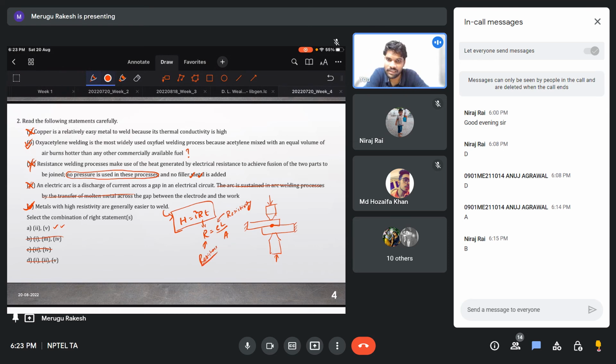So R, resistance, is equal to rho L by A, in which rho is the resistivity, L is the length and A is the area. So remember this formula, R is equal to rho L by A. It is useful